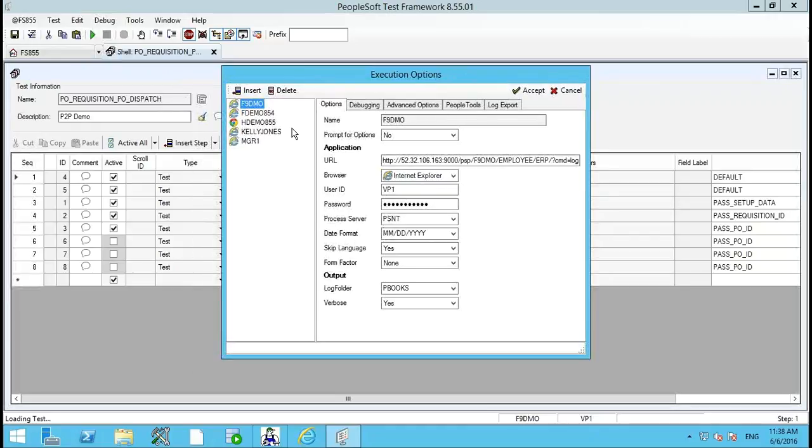These are the execution options that you're seeing. This is the ability within PTF to choose the login credentials or the URL to which you connect to, which means that I can run the same test with different logins, perform any kind of security testing, or even have a centralized repository of tests, which means that I can run the same test against multiple instances, all from within the same PTF client.